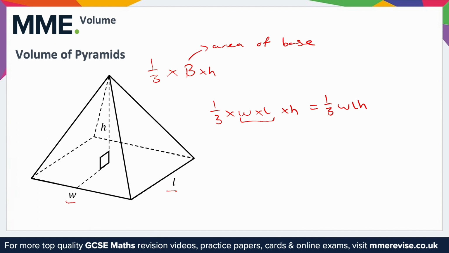It's really important that the height you use is the vertical height. That means it's the height from sort of the middle of the base all the way up to the peak, in this case H. Sometimes you'll be given the slant height, which is the height from here up to the peak, like this. And that will actually be slightly longer because obviously it's going the same height vertically but also going across. So you would need to use Pythagoras to find the height by constructing a right angle triangle whose hypotenuse